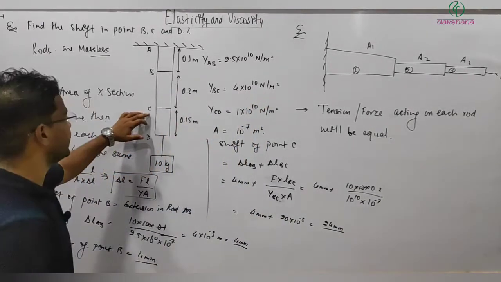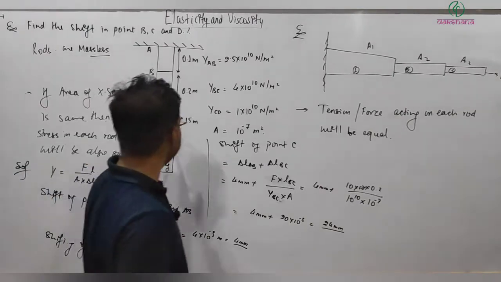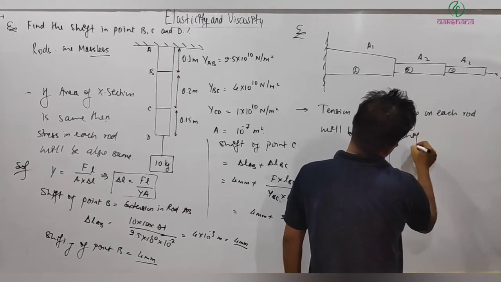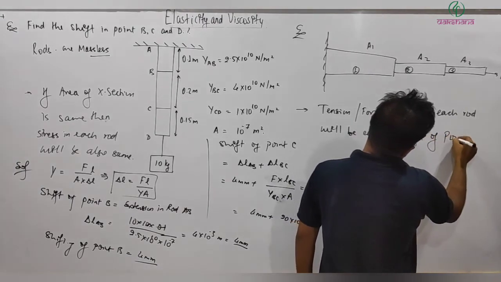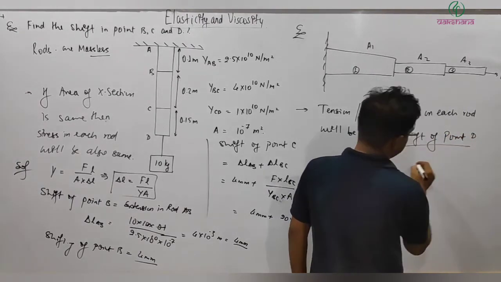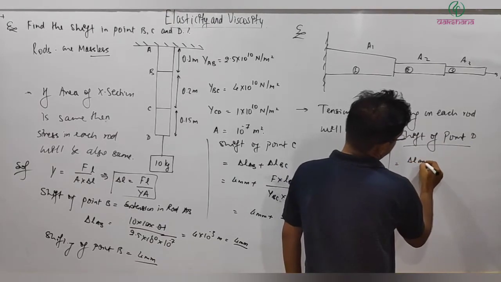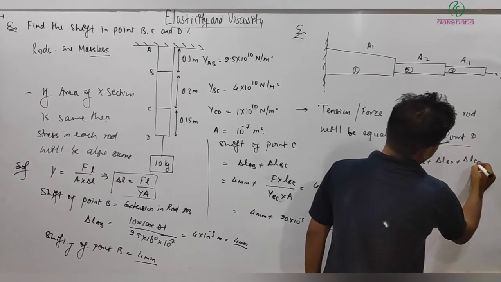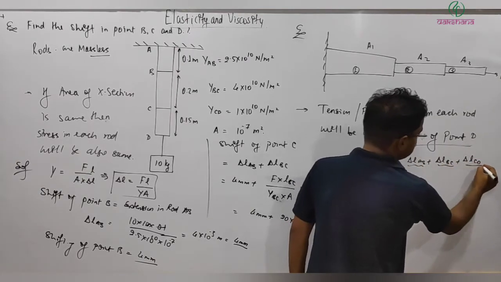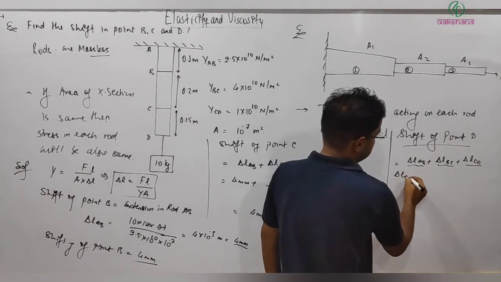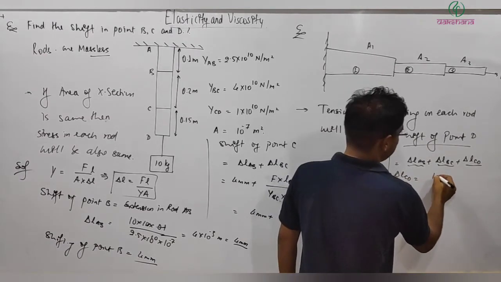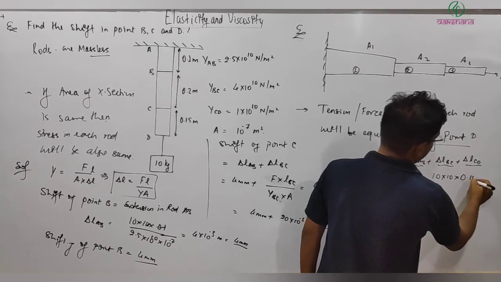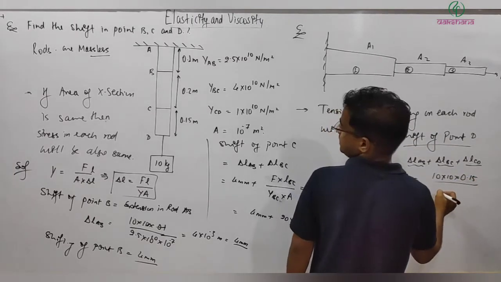And in exactly the same manner I can calculate for the CD part, or shift of point D. So shift of point D will be equal to delta LAB plus delta LBC plus delta LCD. We already got these. Let's calculate delta LCD. So that is equal to how much? Force 10 into 10 into 0.15 divided by Young's modulus, that is coming out to be,